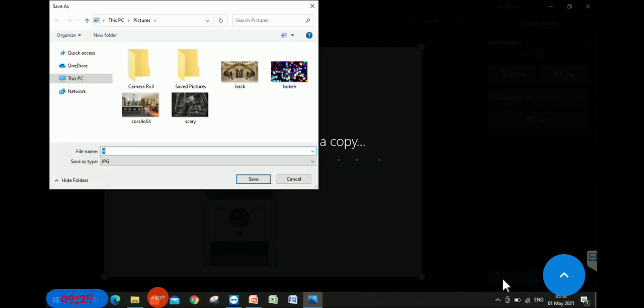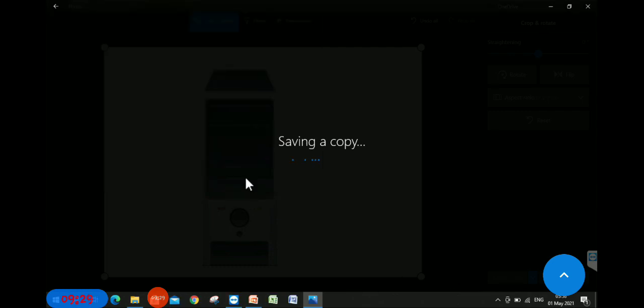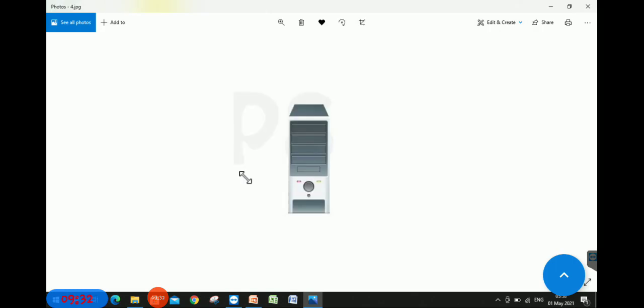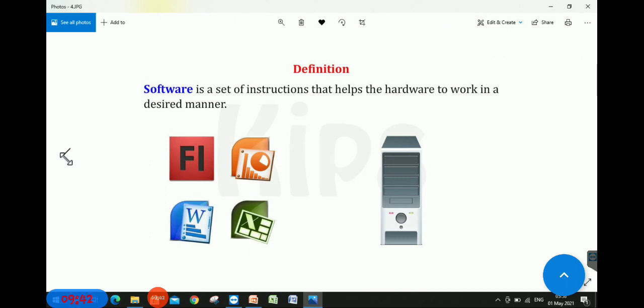It will ask you about saving a file and it will save in your computer. Now you can see only the CPU here. Right? Understood this point? So this way the main picture will also be there and the cropped picture will also be there. It is not like when you crop the picture then the original photo will be deleted. No. The original photo will remain as it is and the new cropped photo is inserted in your phone or computer system. Clear, everyone? So this is exploring pictures.